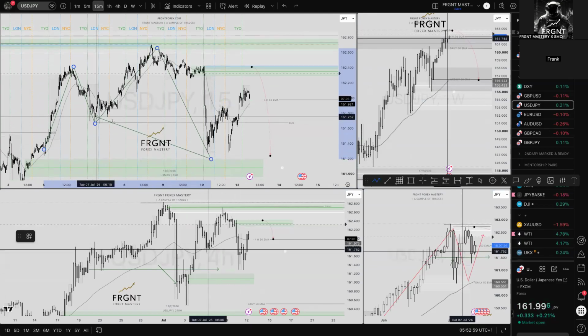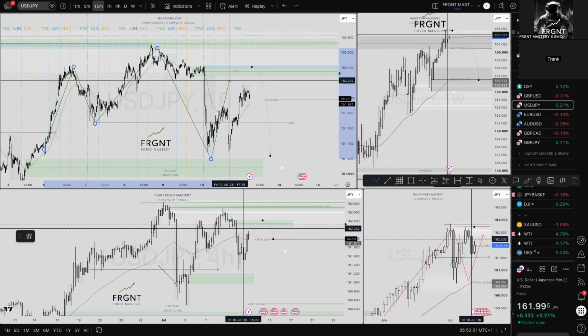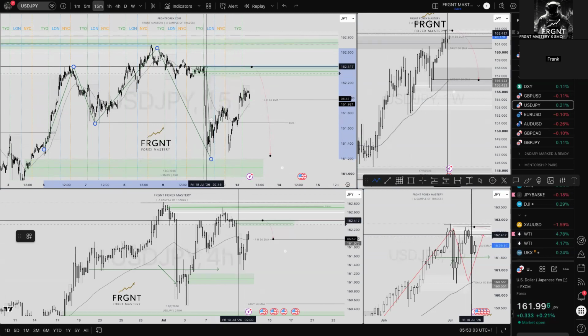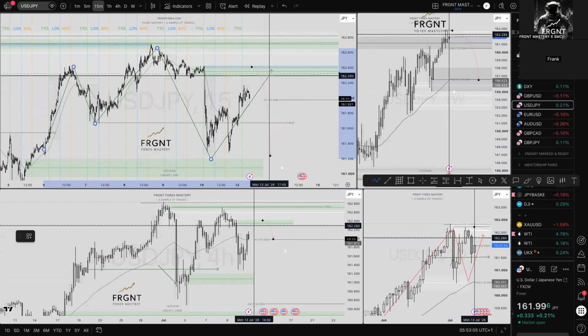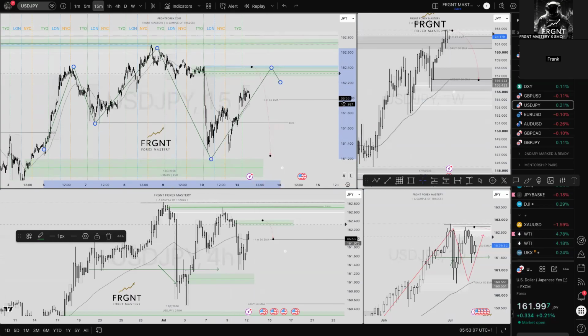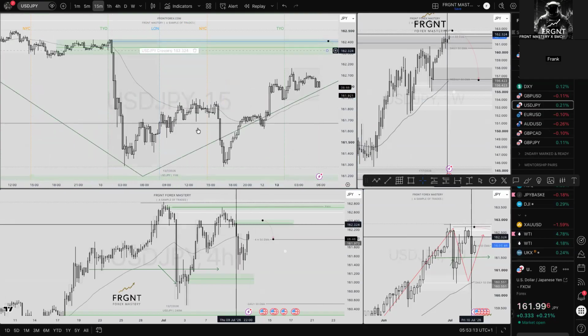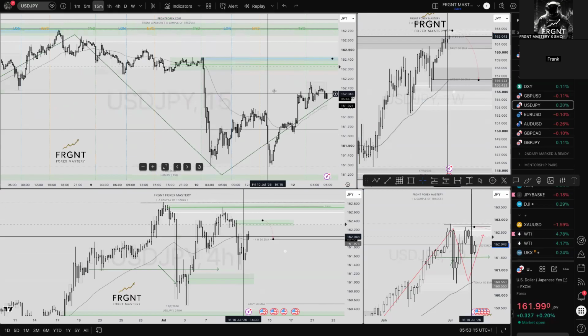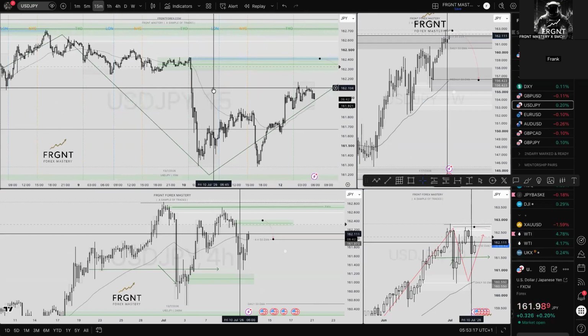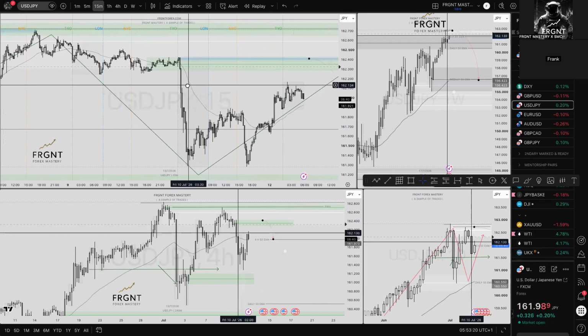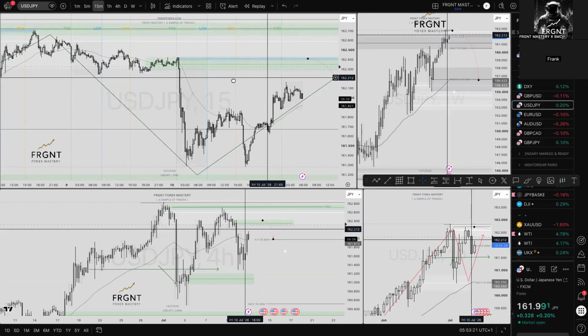We've broken structure to the downside. Can I identify where that break of structure, breaking structure to the left, has taken place? I absolutely can. That's a 15-minute order block. So when I look to bring that larger for us all to have a good look, here we are, 15-minute order block. Therefore, I don't believe we're quite ready yet. Despite price may well look nice on the DXY, this 15-minute order block is still very much available.